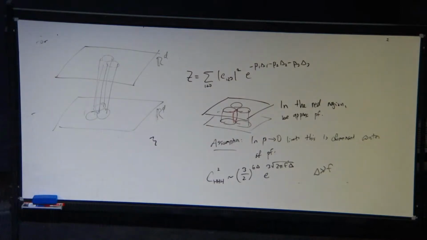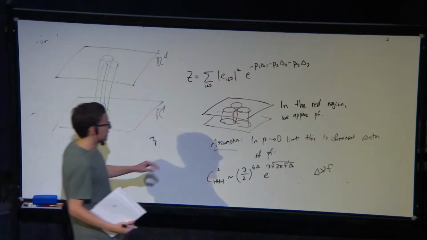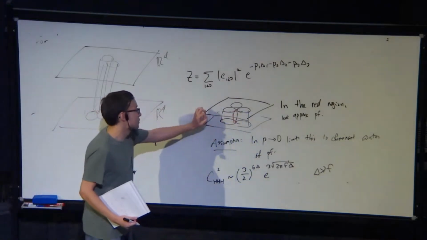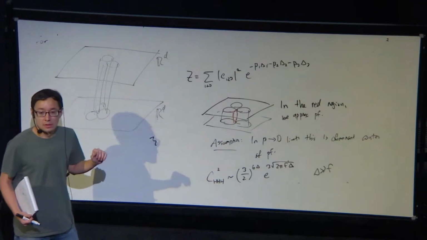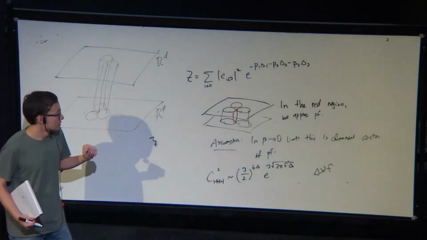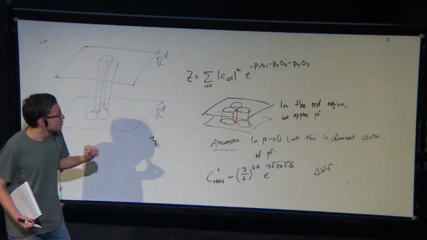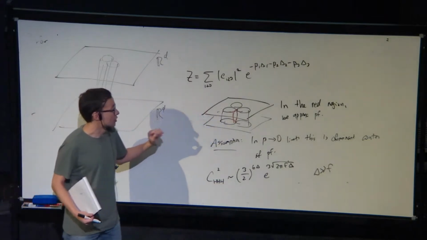Sorry, I'm still very confused. Before you had 2 scales, beta and R, and you were taking the limit beta much smaller than R. Now you have 3 betas, 3 Rs, and the distance between the balls. Yeah, here I'm assuming all the betas are the same. But you also have the distance between the insertions. That one I want to be much smaller.